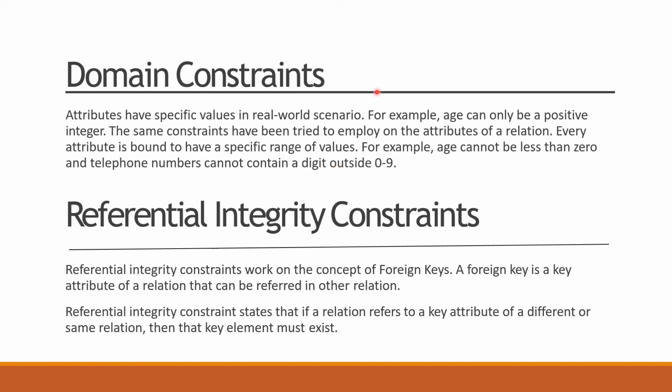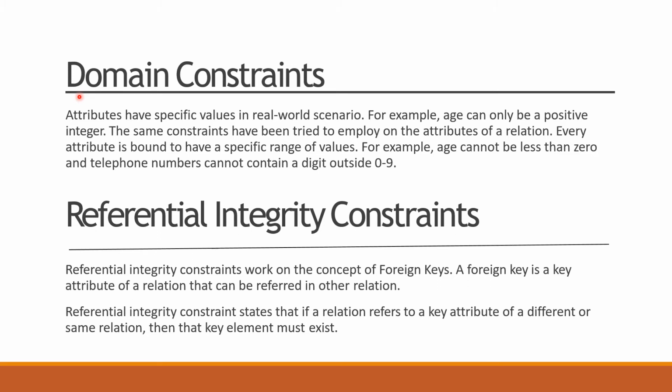So what do we understand about domain constraint? Domain constraint is that if somebody has asked you your name, your name will have spelling, your name will have some pronunciation. It cannot be like numbers or something. So everything has a particular kind of standard value and it should not violate that. So this is domain constraint.